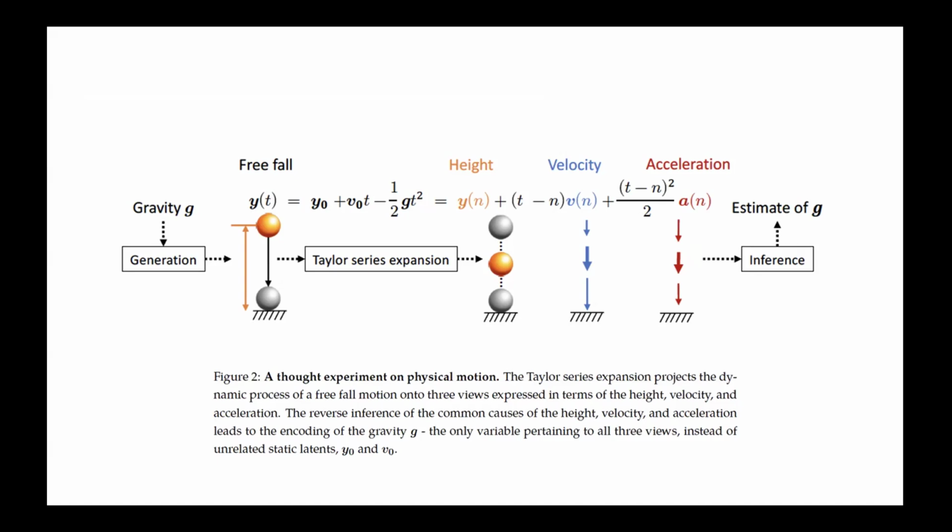And then if we take all these different views into a model, the model needs to draw a conclusion. That conclusion is about a fundamental cause that drives all the different views, and there's only one representation. In this case, that representation should be indicative of the gravitation. So that's where our inspiration is.